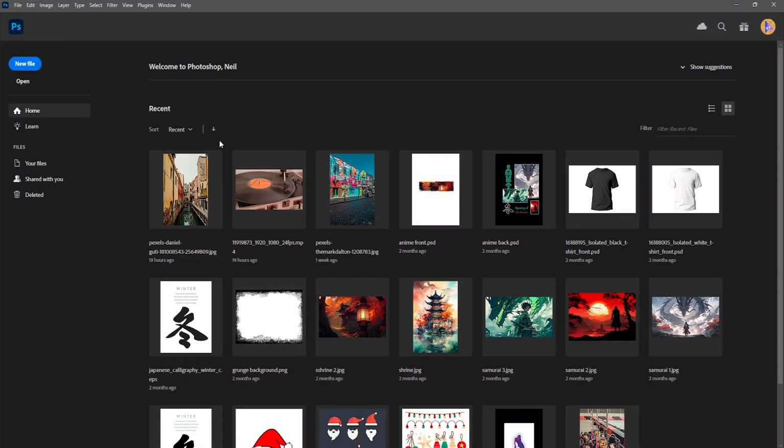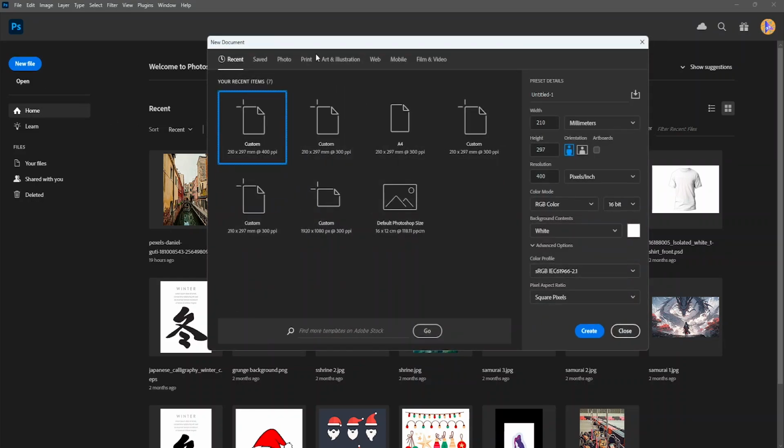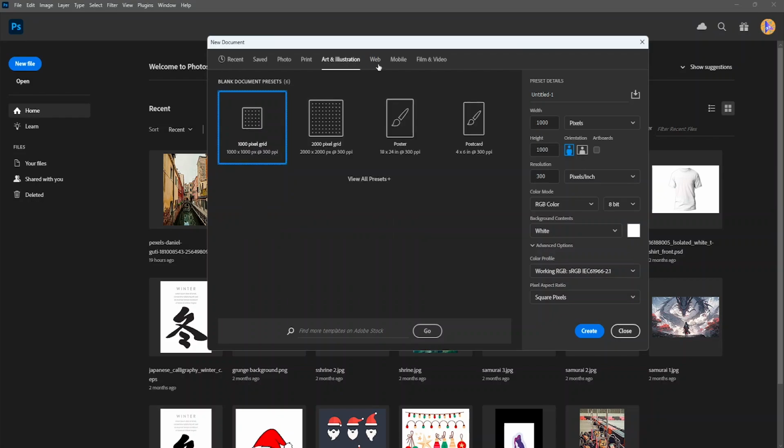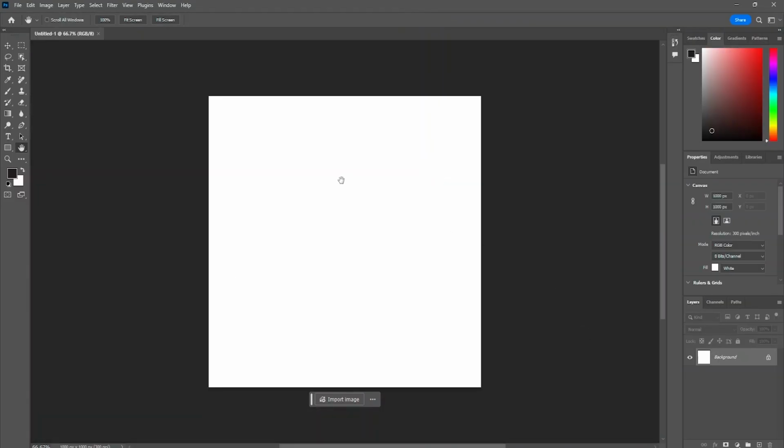Now, as I've already opened up Adobe Photoshop, what you basically have to do is open up yourself a new file. So for that, what we're going to do is click on New File and then select the preset or the size, whichever one you want to use. Now, this is going to be a logo design, so I'm going to just select Art and Illustration. Now, you can go for 1000 by 1000 pixels, which is going to be 300 ppi, which is obviously going to give you a very good outcome and result. So I'm going to click on Create, and this will make up this preset or this